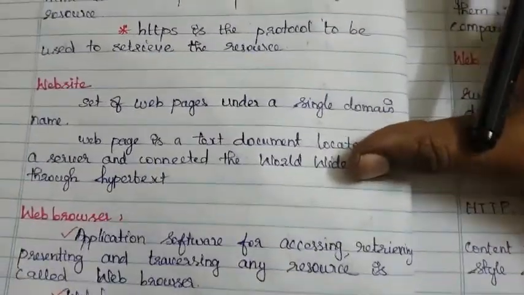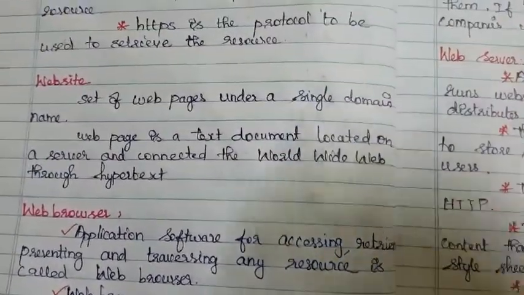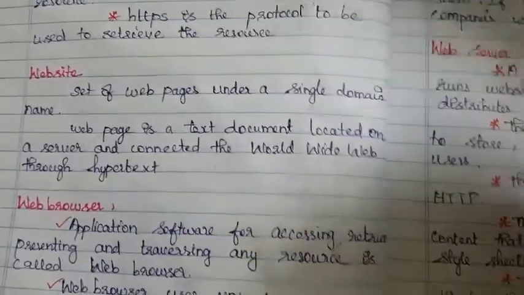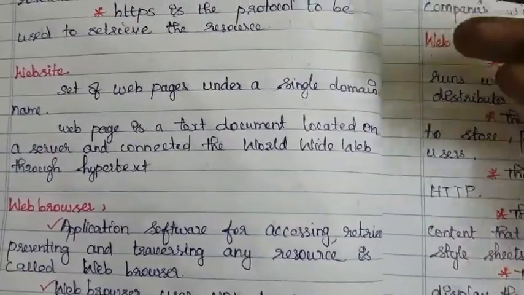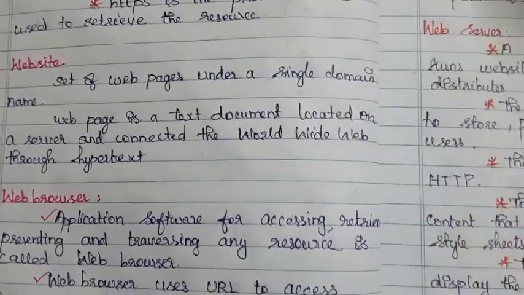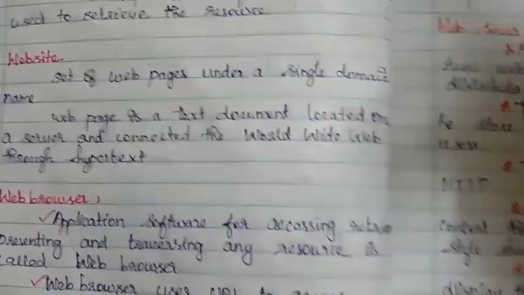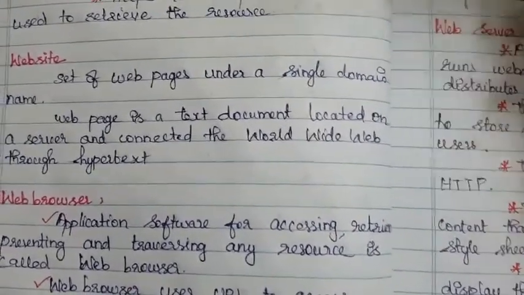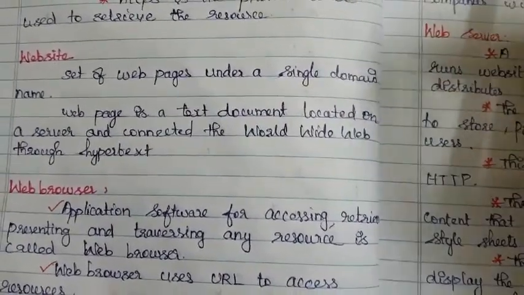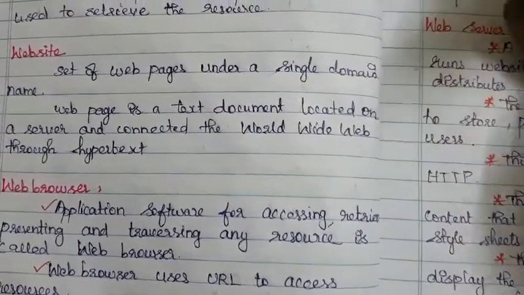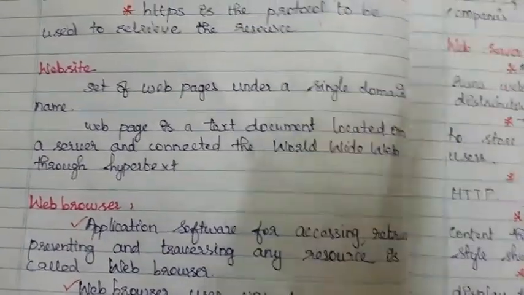Now we are going to move on to the topic website. What is meant by website? It is a set of web pages under a single domain name. For example, you can take the Amazon website or Google. Like that you will have a school website or any organization website. It will have a lot of web pages stored under a single domain name. Domain name means, for example, if you have seen Cambridge CBSE school, you will get to know what all the web pages are under the domain name Cambridge schools.